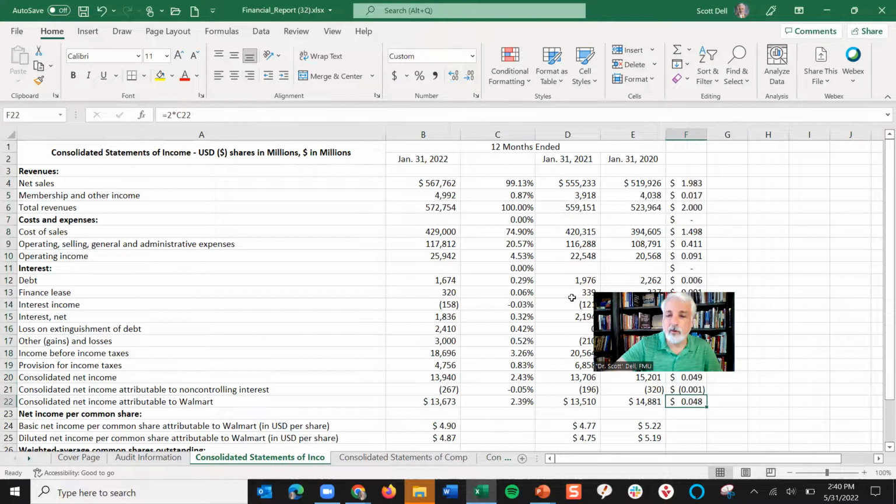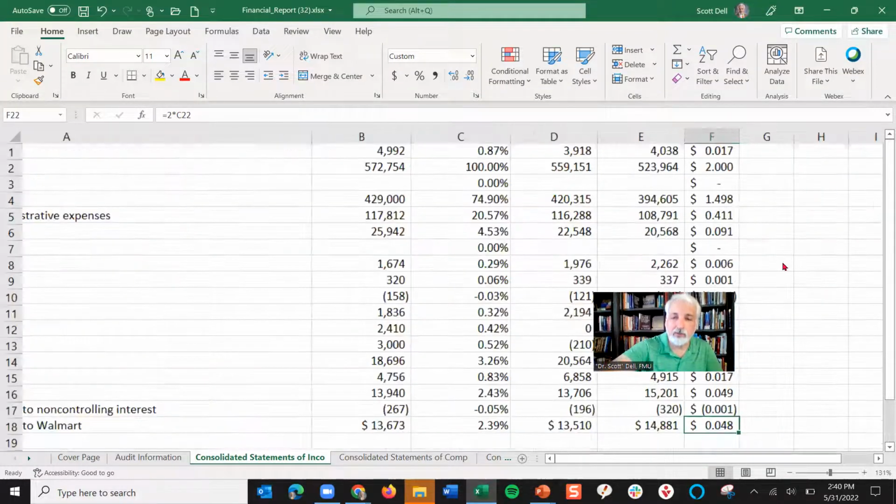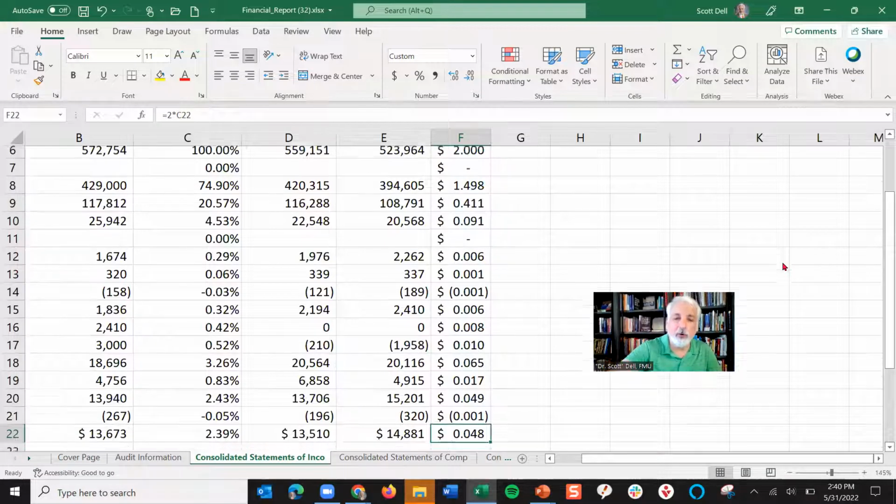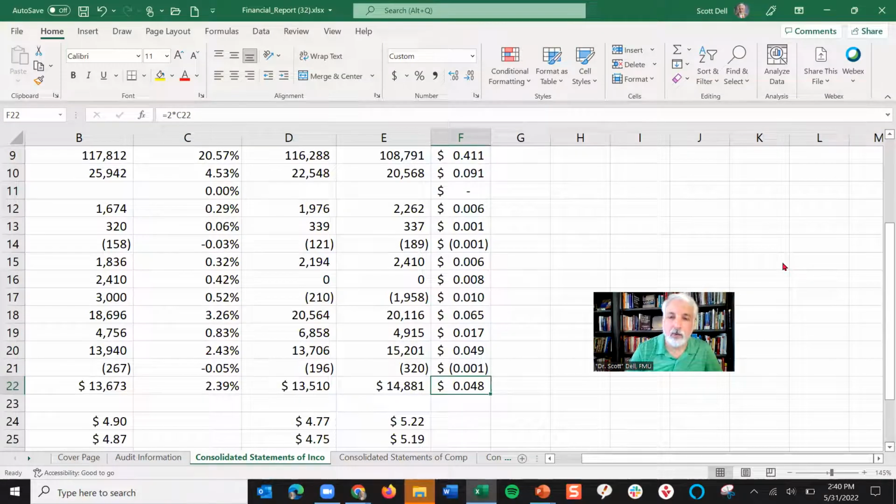So if I'm looking at my income statement, I've got about $1.98 in cost of goods sold. I got about 41 cents going back to SG&A, selling general administrative. If I go bottom line down here, we'll expand that a little bit. I got 4.8 cents going in Walmart's pocket.